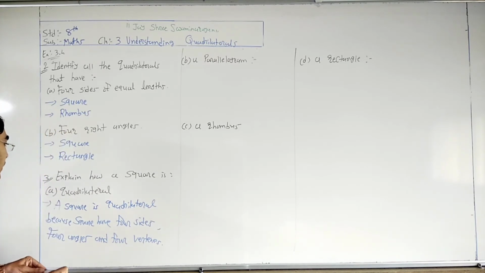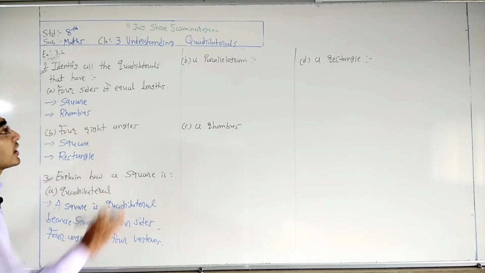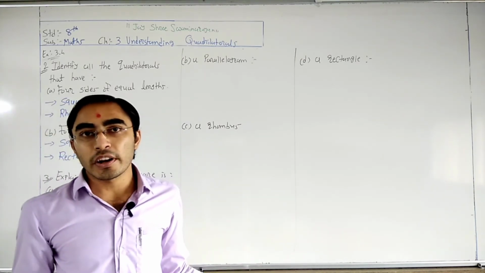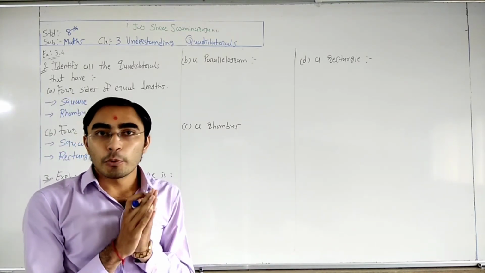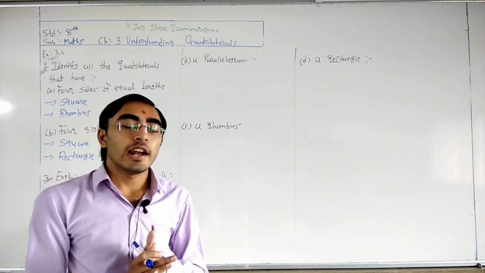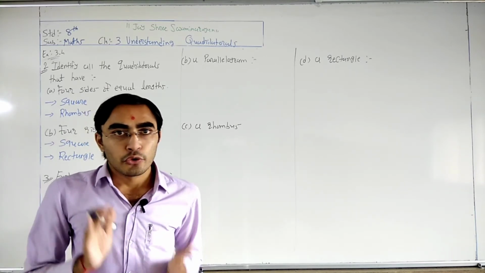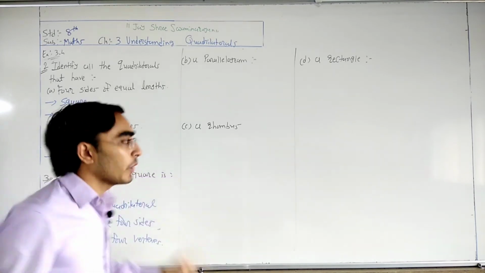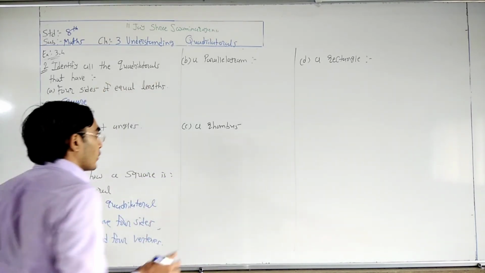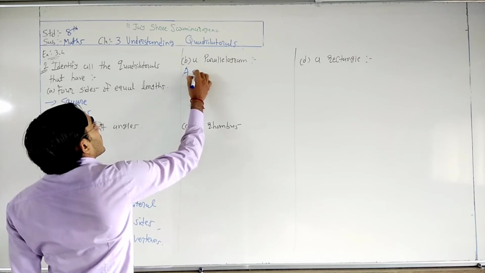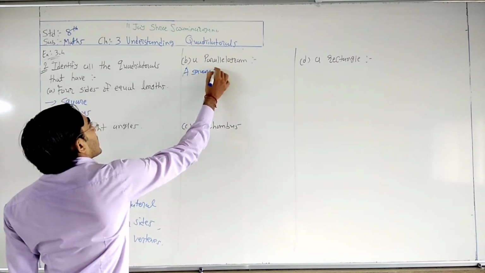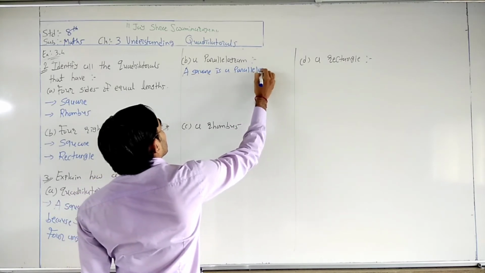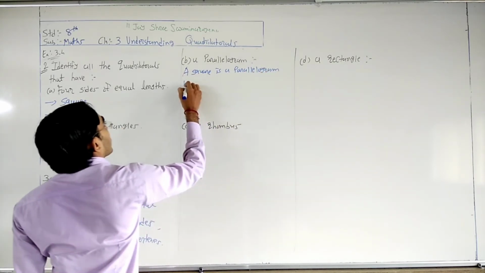After that, explain how a square is a parallelogram. For a parallelogram, what properties are required? Opposite sides are equal and parallel and diagonals bisect each other. So that property we already have in this square. That's why a square is a parallelogram. Okay? So here, a square is a parallelogram because